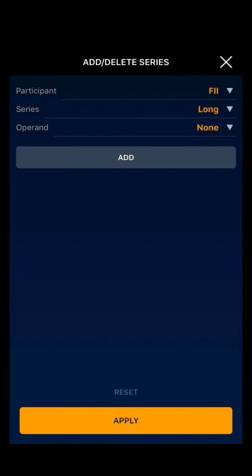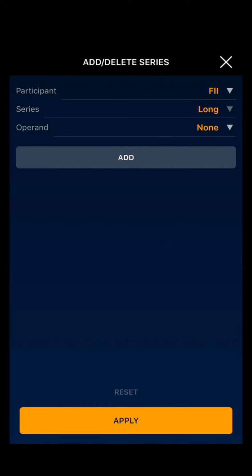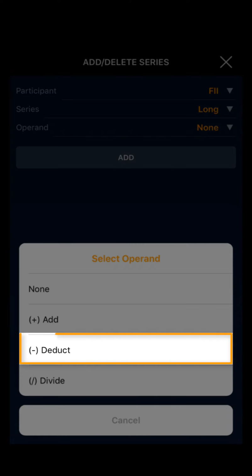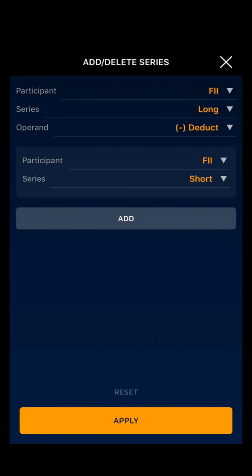For example, I want to see the FII and the DII net long position. First I will select the FII, then I will select the series. I will select the long position. Then I will select deduct. Now I will select FII. I will select short. I will add the position. Now I have the net long of FII.